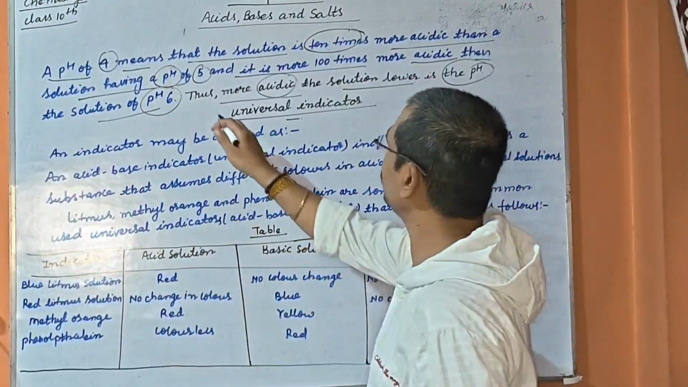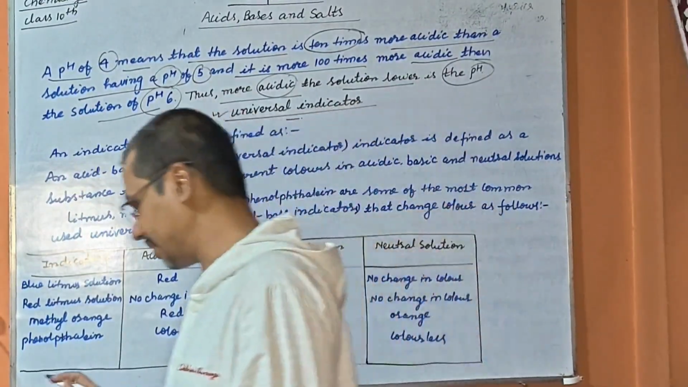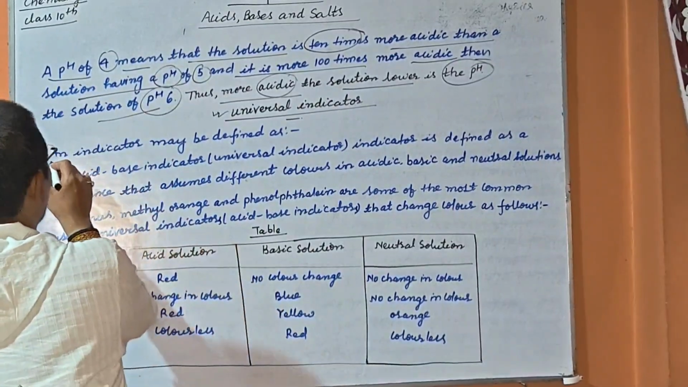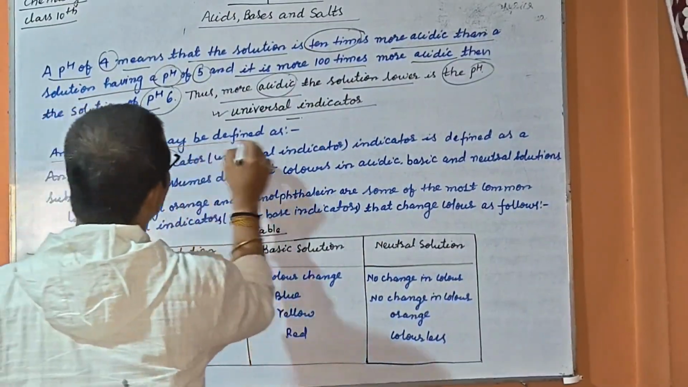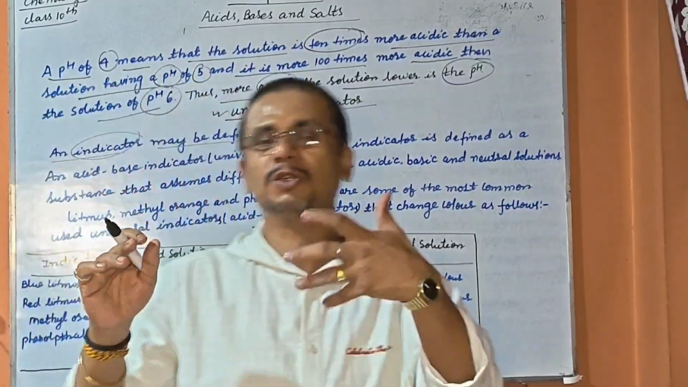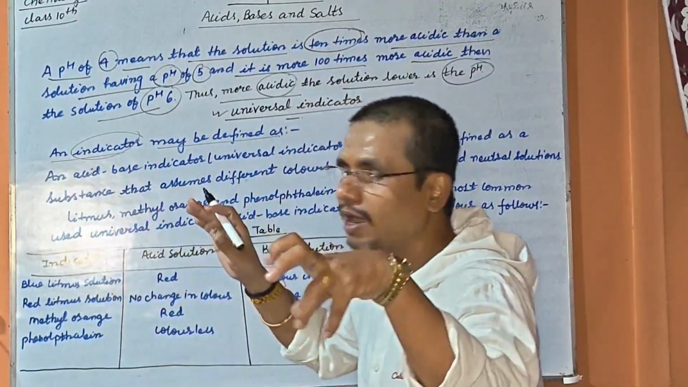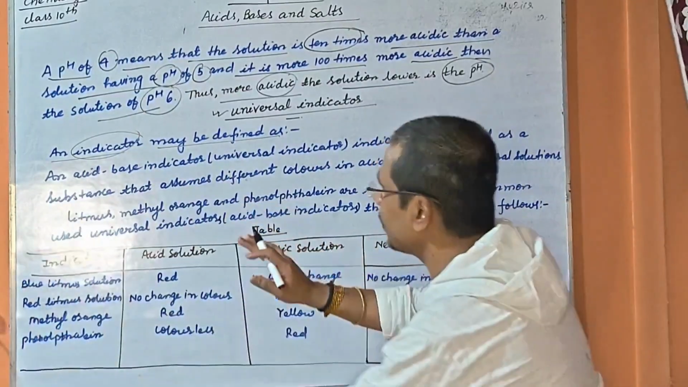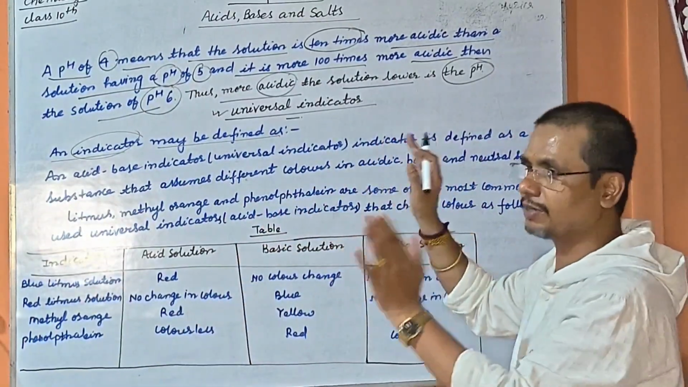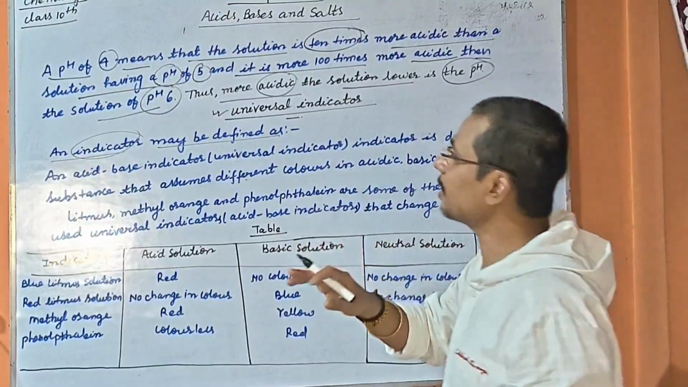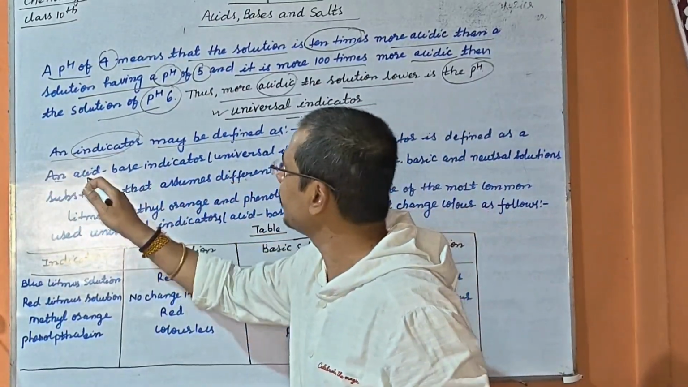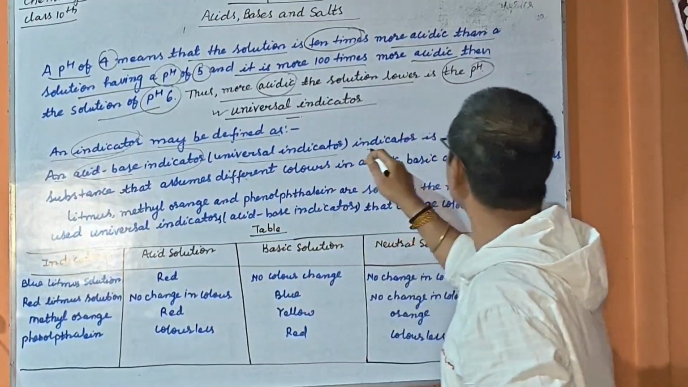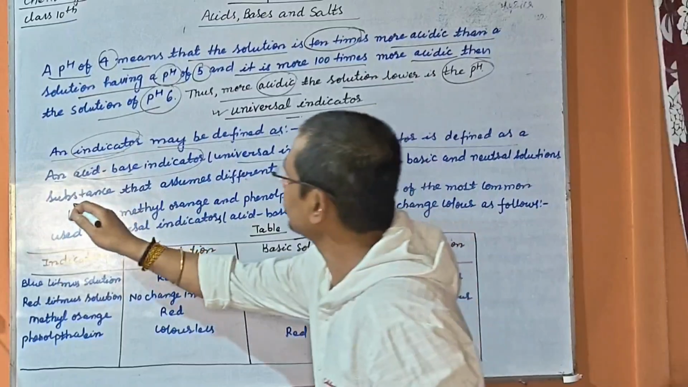Let us now discuss the universal indicator. What is a universal indicator? My dear students, an indicator may be defined as a universal indicator or acid base indicator. Both are the same thing. The name of an indicator is also universal indicator or acid base indicator. So an indicator is defined as a substance